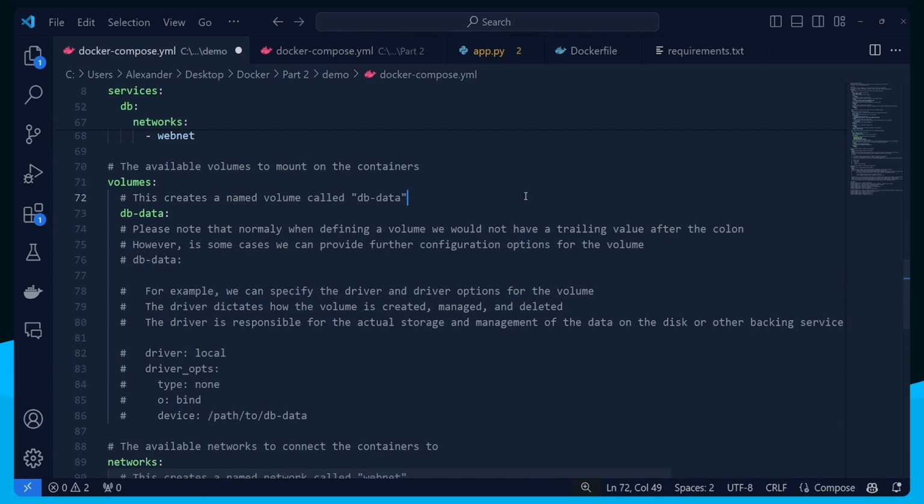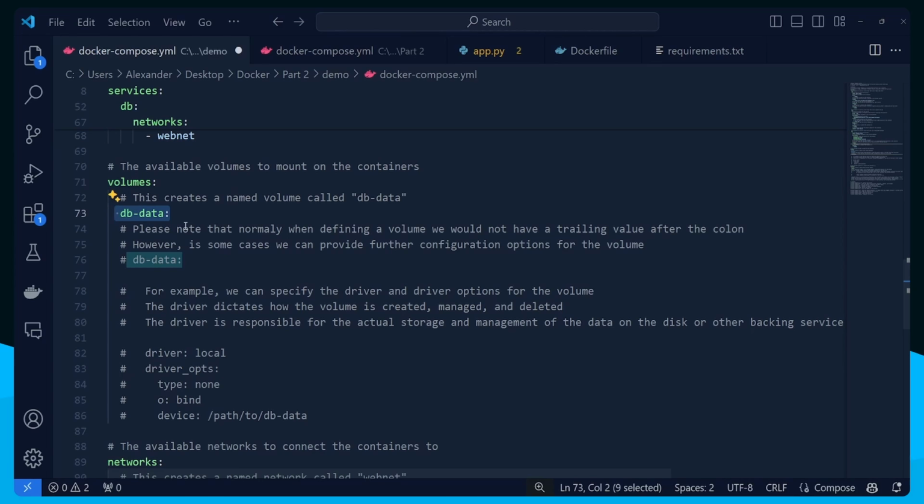Now, when it comes to actually defining a volume, all you need to do is provide the name of the volume followed by a colon. This will effectively create a new volume with a default configuration for you. The default configuration would create a volume designed for your local file system. So usually you would leave it at that, but in specific cases, you would need to create volumes for specific environments. These could be cloud environments, multi-host environments,